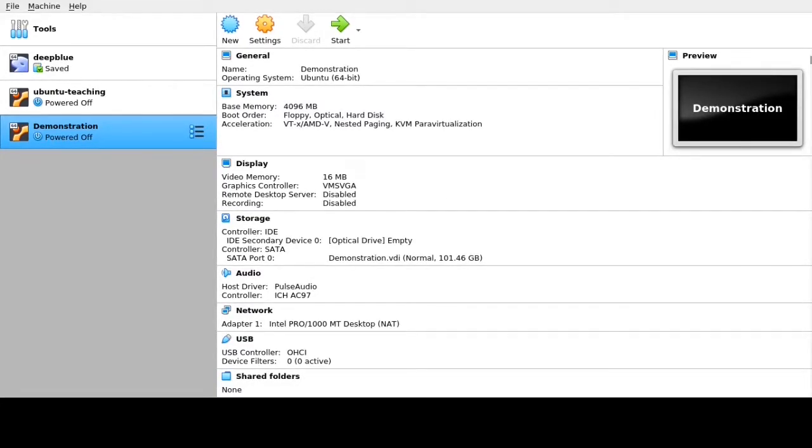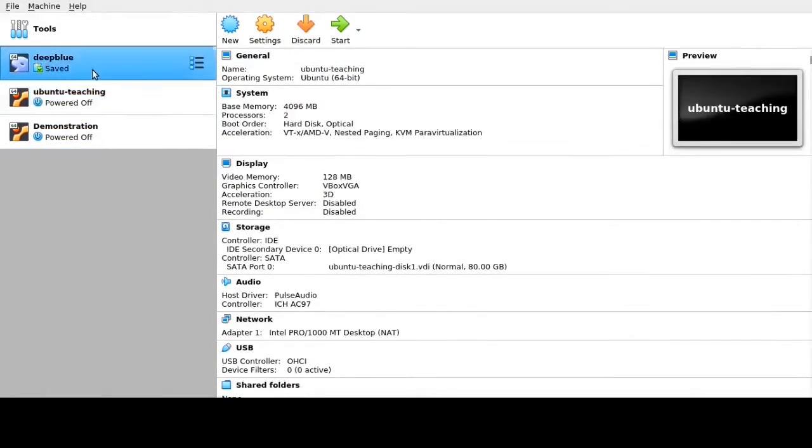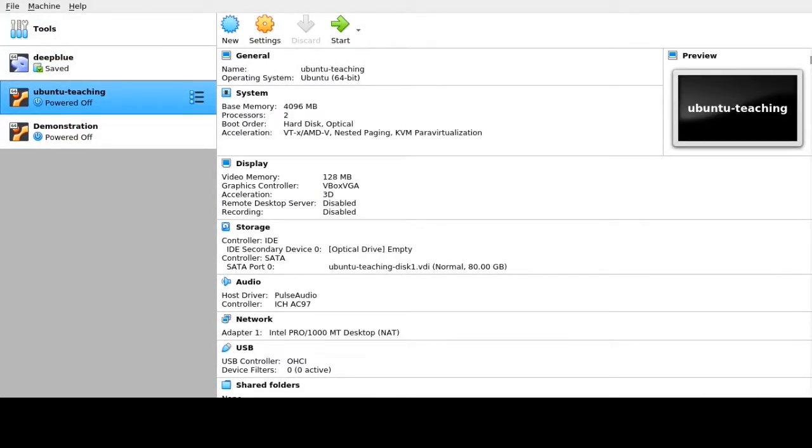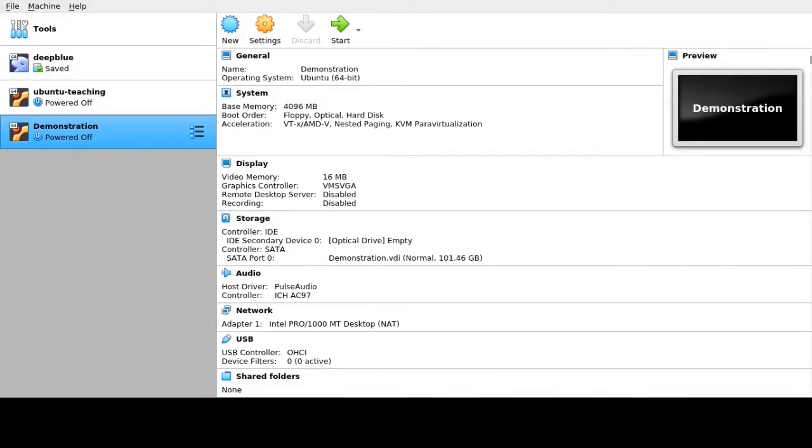Okay, so what you're looking at right now is basically the VirtualBox program. We're back to that, and you can see that you've got the 2 tabs from before. Those were my machines that I built earlier, and here's the new one called demonstration right there. Now, even though we said that we were going to install Ubuntu, and you can see it right up here where it says Ubuntu 64-bit, there's nothing installed yet. So there's no operating